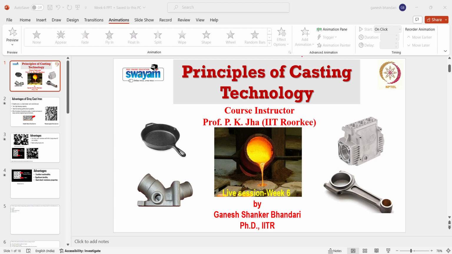Coming to the next one, this is the micrographic structure of a nodular or ductile cast iron. Why do we call this nodular cast iron? Because the graphite is,